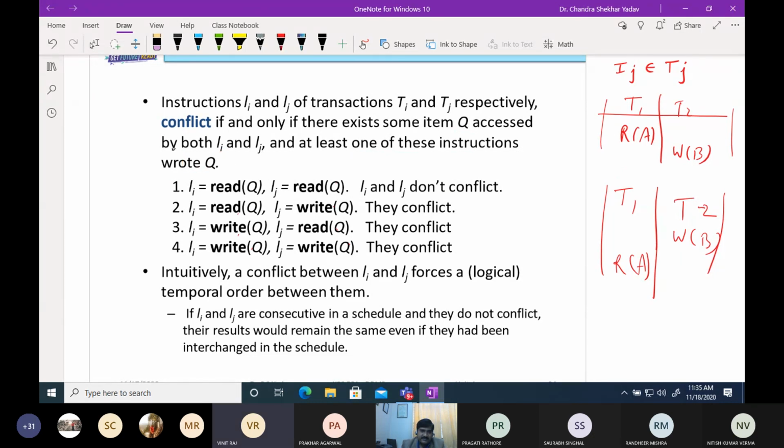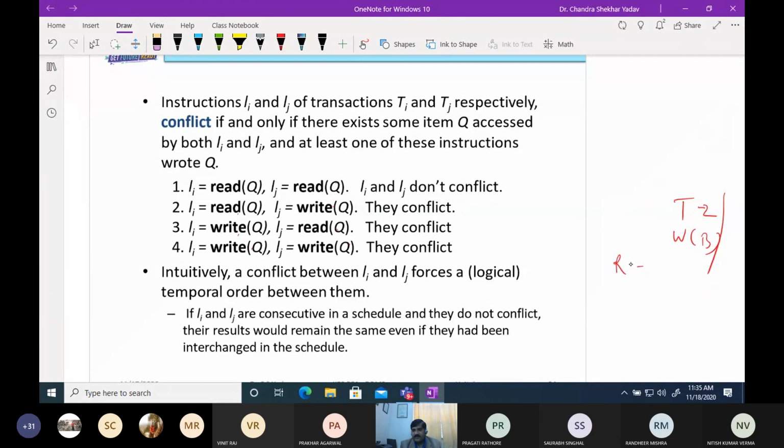So in the next lecture, I will explain conflict serializable schedules in more detail with the help of numerical problems, and how we find out whether the given schedule is conflict serializable or not. Numerical problems related to this concept have been asked in the examination.